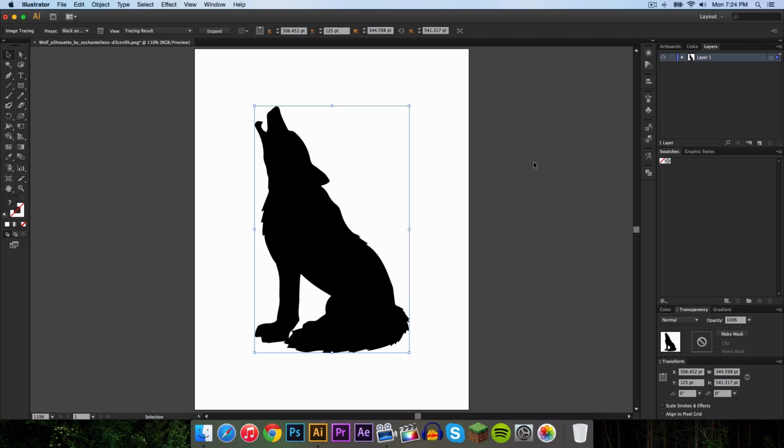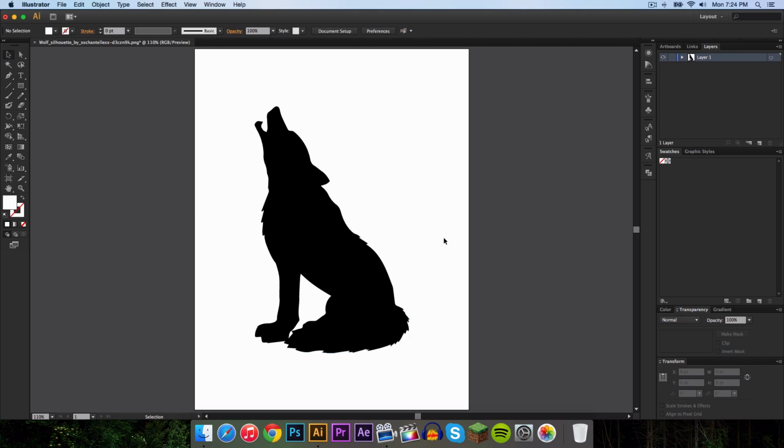So now, once we've done that, we're going to be creating our words. Because this is a wolf and it's animal related, I'm just going to type in stuff that comes to my mind when I think of a wolf. So I'm going to create a new layer on top of that, and I'm going to name this wolf. So just rename your layers. That will help you stay more organized. So wolf, and then for layer 2, I'm going to rename that to text.